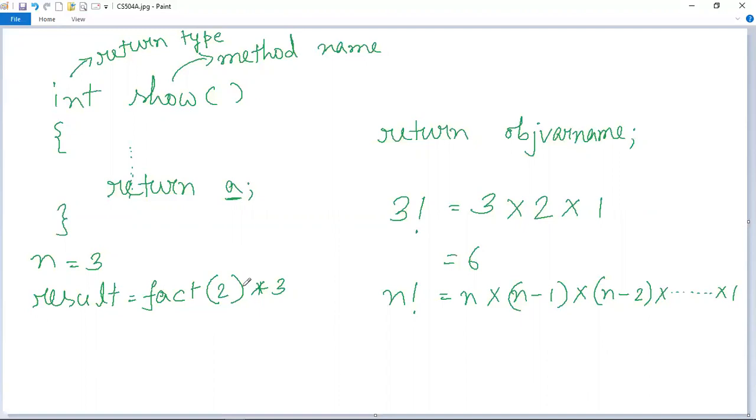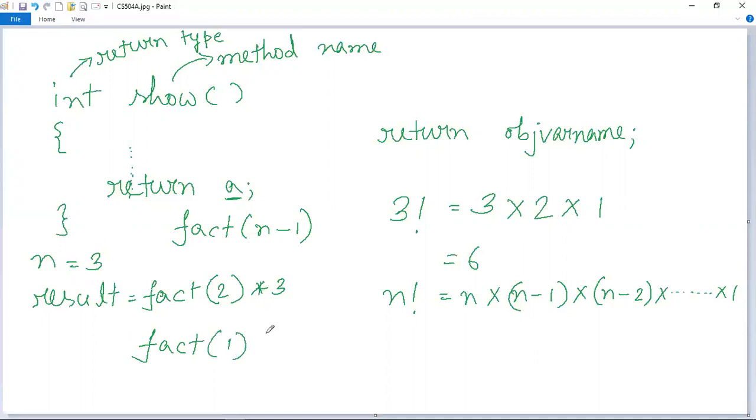because you can see that in the recursive method call it was written like fact n minus 1. Here you can see that the fact method is calling itself again from inside its own body. So here the recursive method call is taking place. When the value of n is 3 in the first call, in the second call from inside its own body, the value becomes 2. In the third call, the value becomes 1.